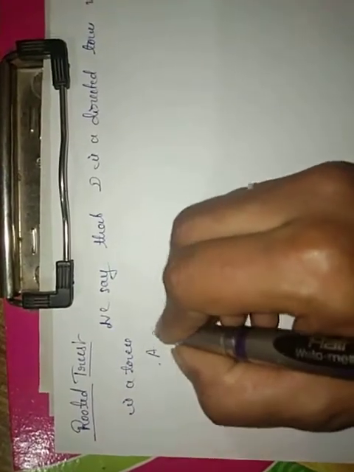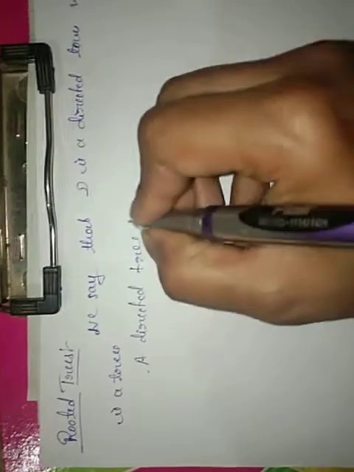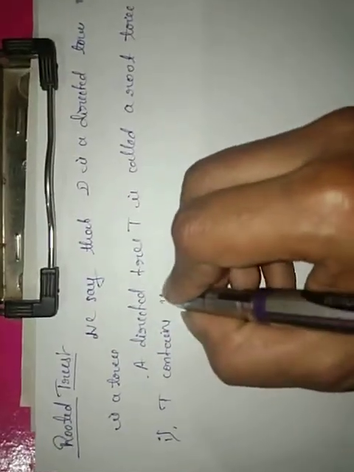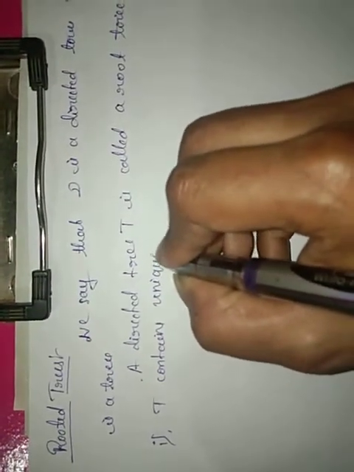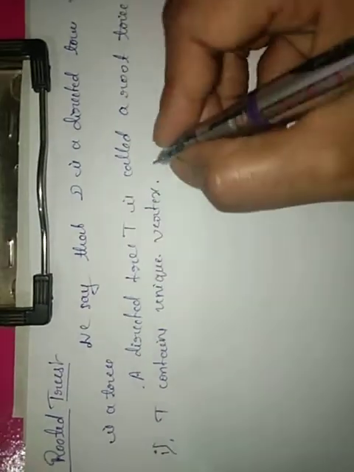A directed tree T is called a rooted tree if it satisfies two conditions. First, T contains a unique vertex. Unique vertex means there is only one vertex, called the root,